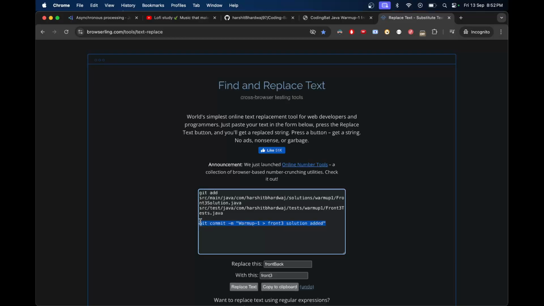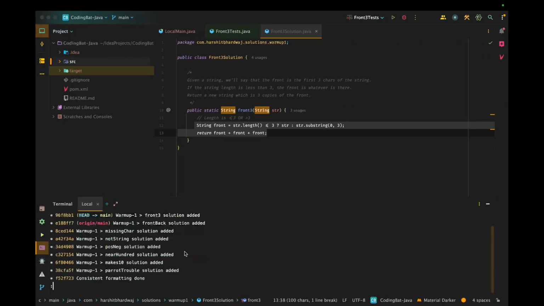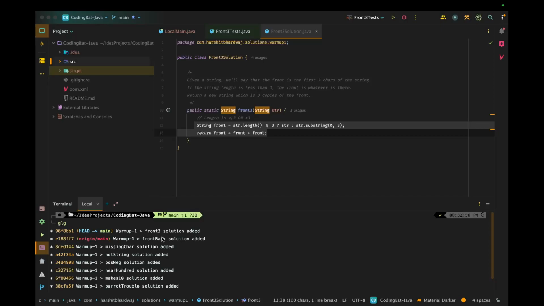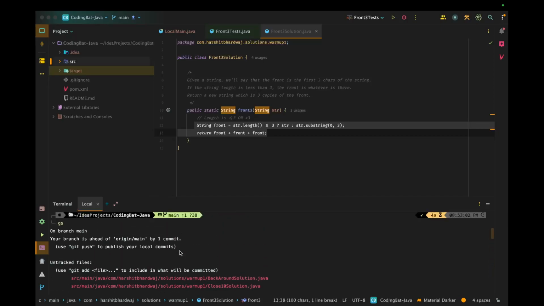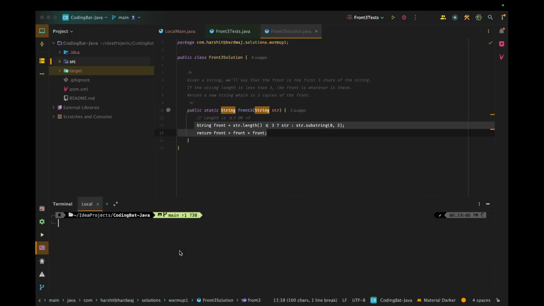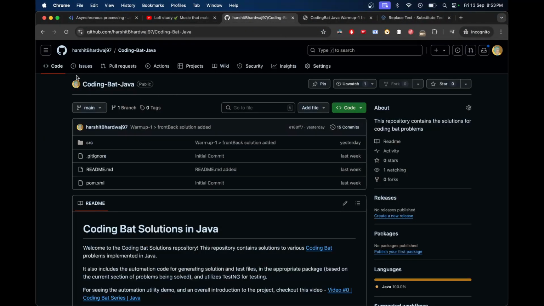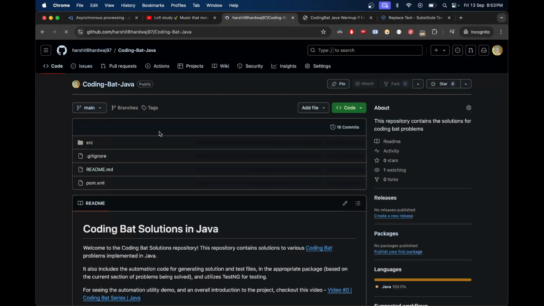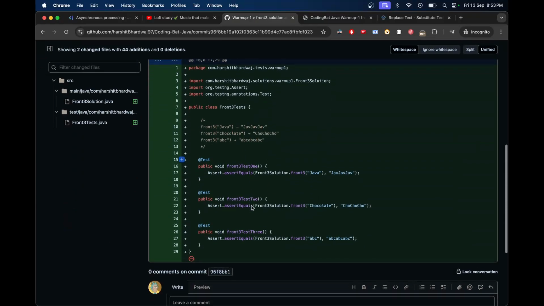Change the commit message. Yes. Okay, front 3 added. One commit to make. Yes. Git push. And verify the code has been uploaded here. Okay, done.